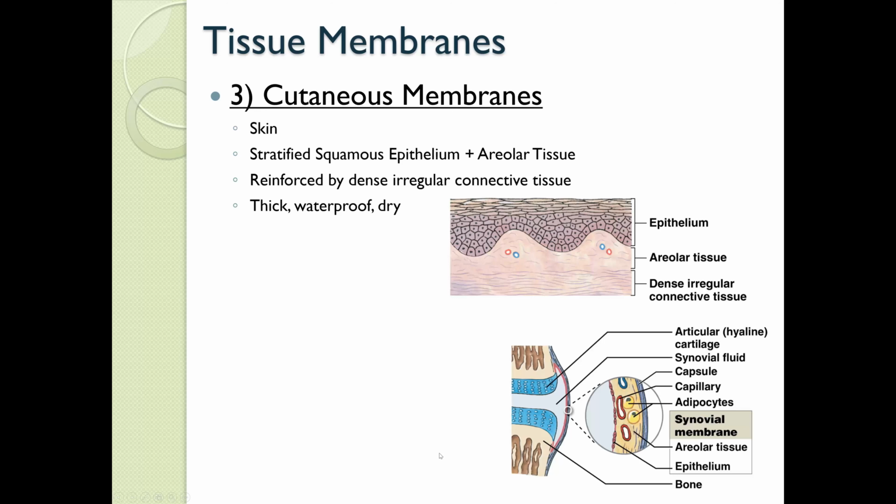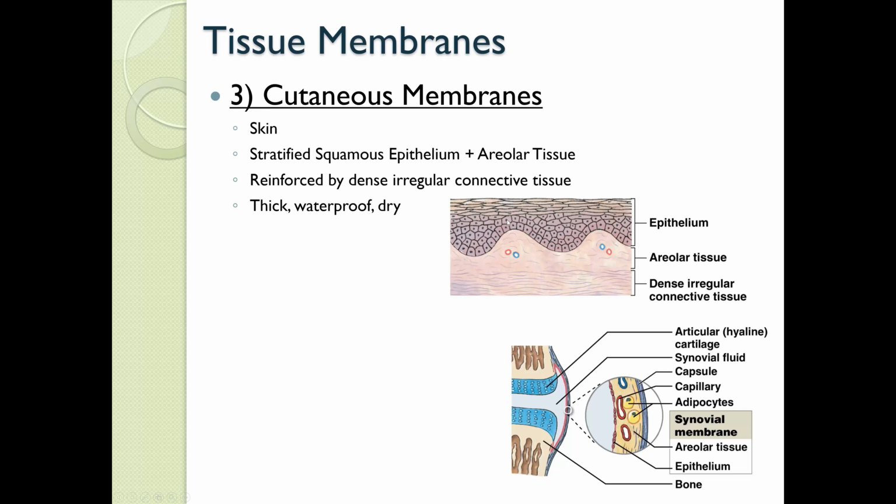The third type of membrane is called a cutaneous membrane. This is only found in one location, and that is your skin. This is composed of a stratified squamous epithelium. So here it is in our picture. Remember, when you're classifying a tissue, you're looking at the shape of the cells that are the farthest away from the basement membrane and closest to the open area. So this is multiple layers, and the cells at the top are flat and skinny, and that makes this a